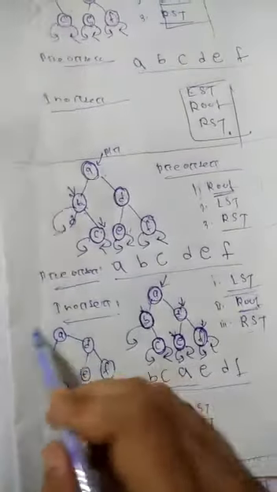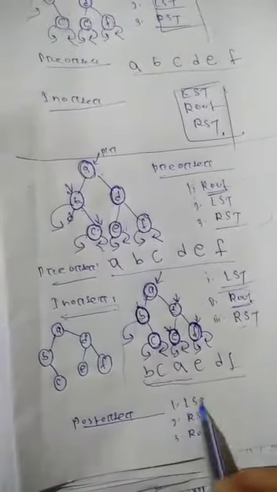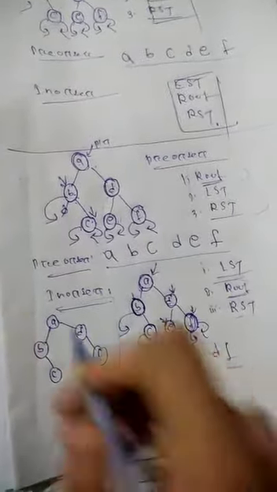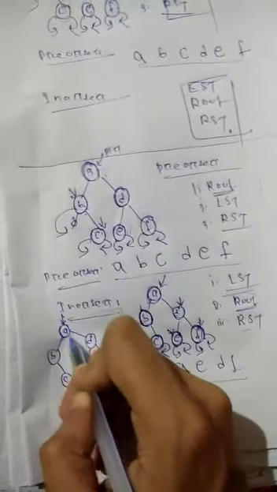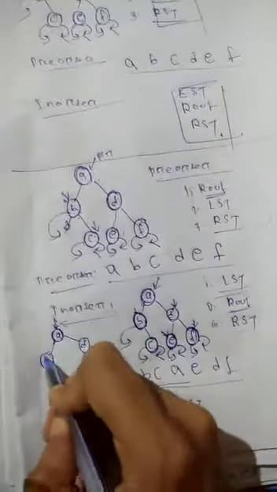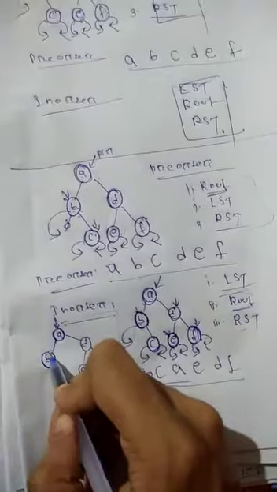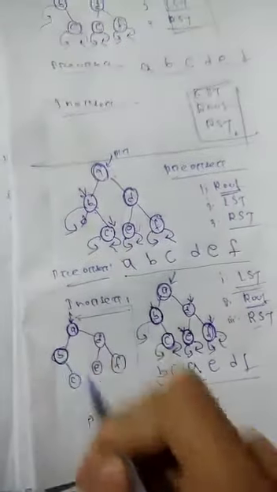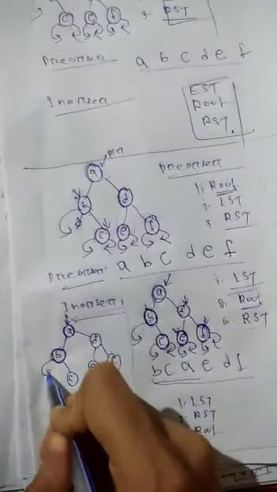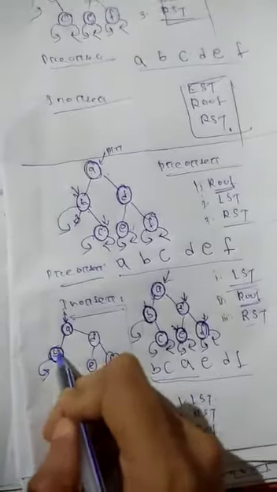Okay, the three statements are these three. First you visit LST, RST, then root. So see, I am drawing again for the post order. So first, what? You have to visit the left subtree. Here the pointer will start from A. Okay, so first you visit the left subtree. Then for B, again we have to visit the left subtree. No node is there. Then return to the node B. Then visit the right subtree.